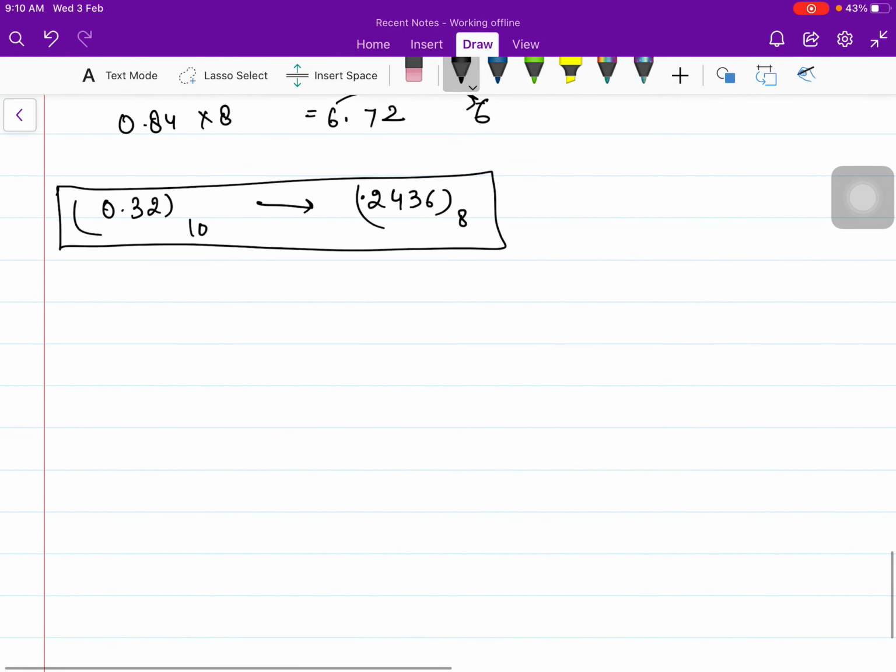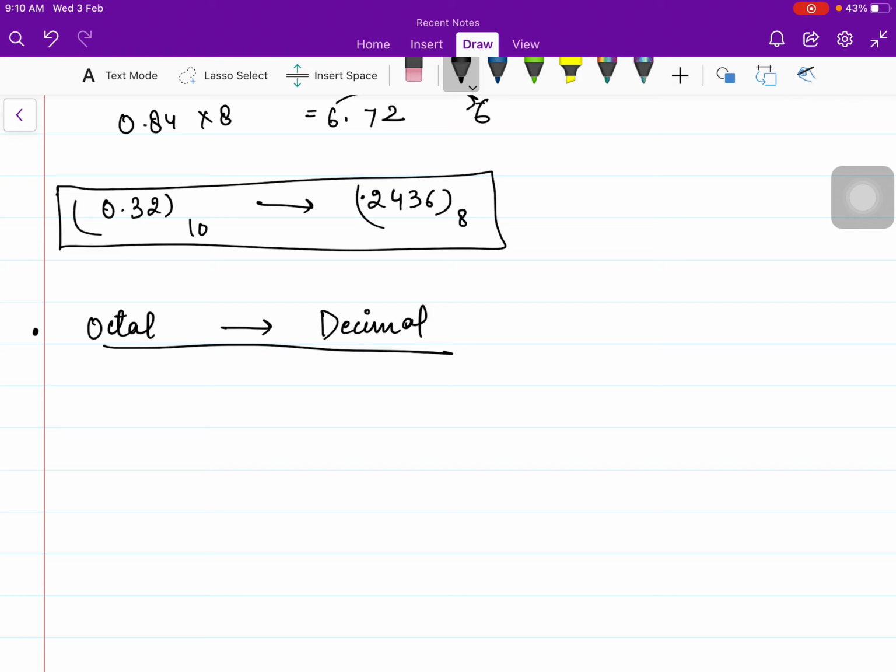Now let us do the opposite of this also, that is octal to binary. Sorry, octal to decimal. Now again I will repeat the same statement. That means you have to look that on either side of the conversion we have a decimal number system. Yes, the answer is yes. We have the decimal number system this time on RHS. So which technique has to be followed? The technique that has to be followed is similar to that of binary to decimal conversion.